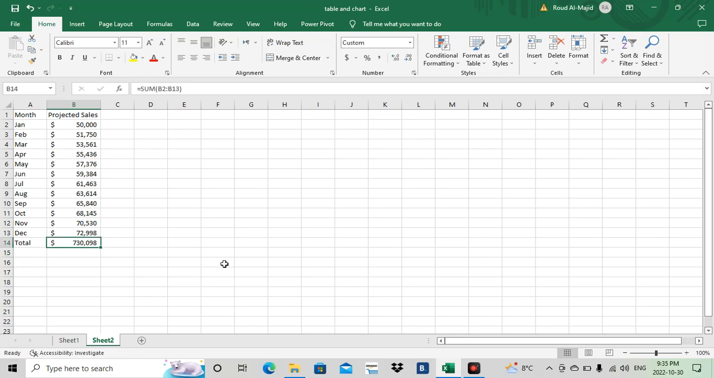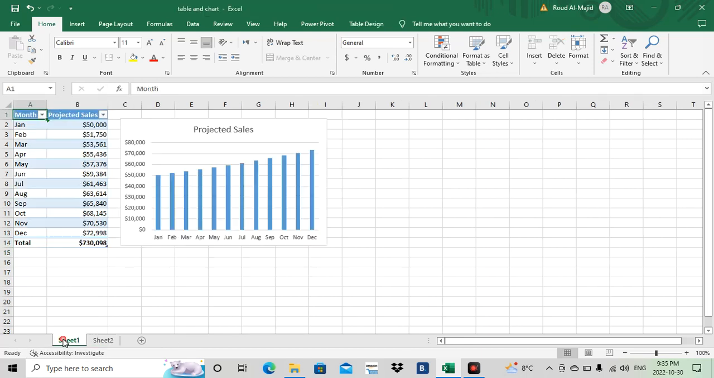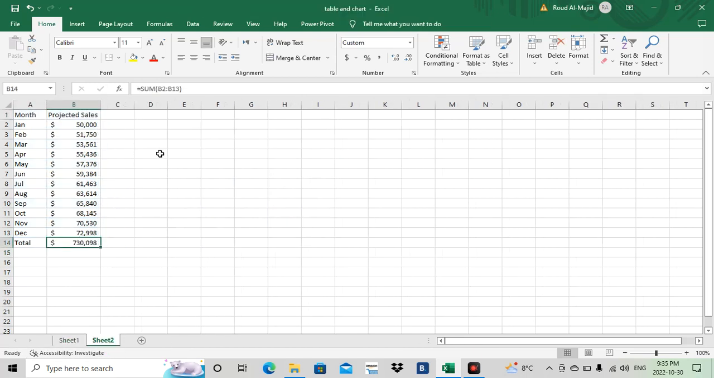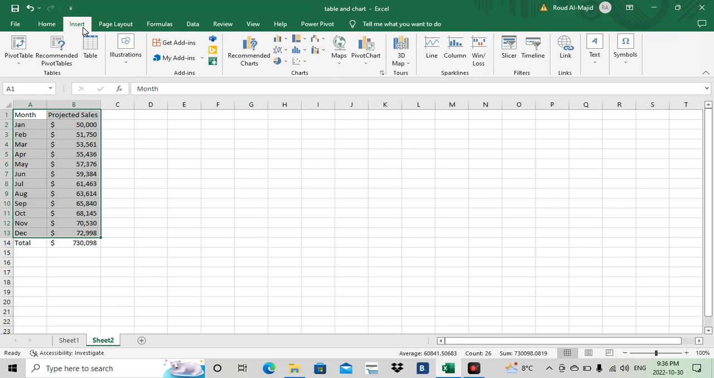Perfect. Now we're gonna add the chart over here. So to add the chart, all you have to do is now select this. So from cell A1 to cell B13, you're gonna select, shift, then left click and select here. Make sure you don't select the last part. You only need this part right here,